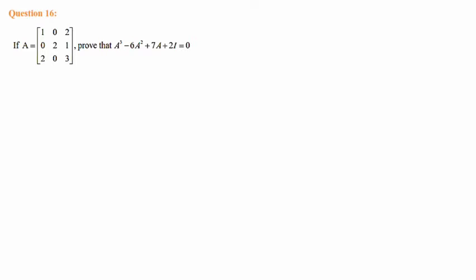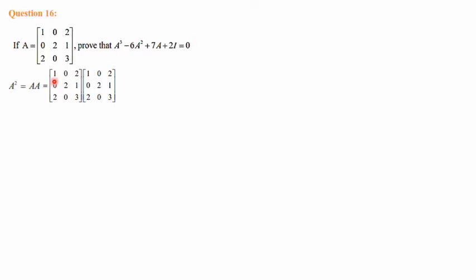As we have discussed before, for A square means we have multiplied A 2 times, A into A. Because two matrices only we can multiply at a time. So here please note that A cube means not cubing the individual terms. A cube means we have to go for A square into A first, then only two matrices will be coming. So A square into A means first of all you have to calculate A square. So A square is A into A. This is what the first one we have to do.